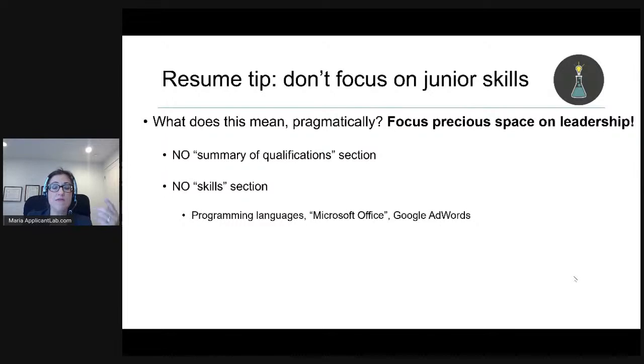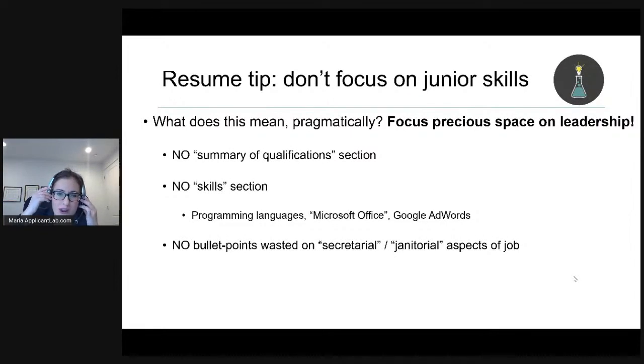Don't waste my time with that, because if your career is going to be the kind of career I want it to be as an admissions officer, 20 years from now, you're not going to be doing that stuff, right? You're going to have people who do that for you. And also, don't waste any bullet points on what I call, quote unquote, secretarial or janitorial aspects of your job. And I don't mean that you're literally a secretary or literally the person cleaning the floors. What I mean by that is anything that involves something very basic that an administrative assistant could do. So, collecting information from different parties and putting that information together into a document, or janitorial, any sort of cleanup,